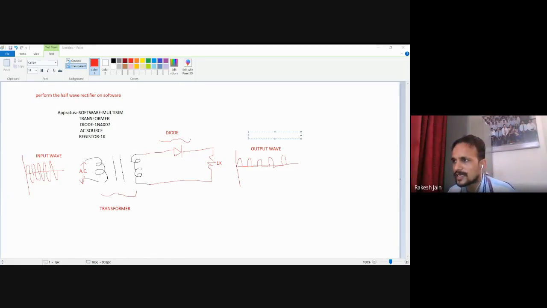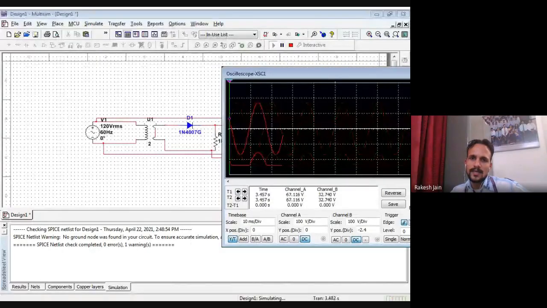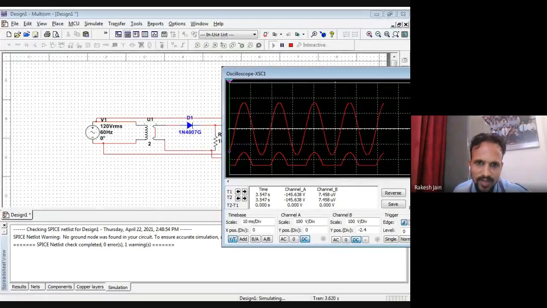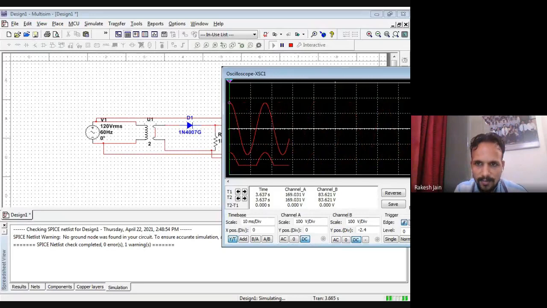Now see once again the same. Yes, it is the second diagram which I showed in front of you, and now see the circuit diagram and the result.